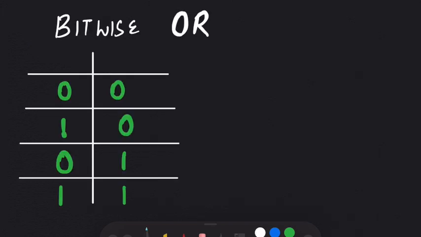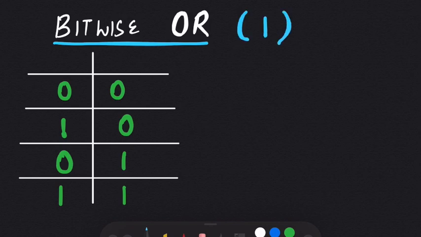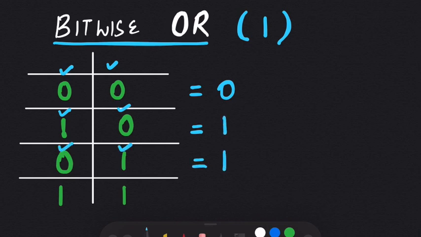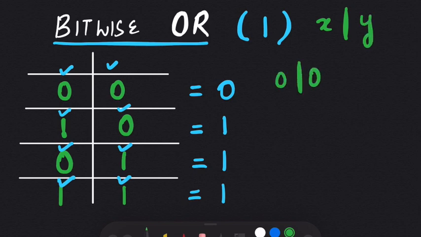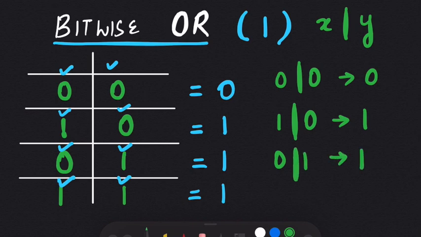And the next thing that you should be aware of is bitwise OR operation, which is this symbol. So OR means, when given the option between 0 or 0, it will return 0, 1 or 0, it will return 1, 0 or 1, it will return 1, 1 or 1, it will return 1. So let's say you have two binary numbers, x or y. When we have the option between 0 or 0, it will give us 0, 1 or 0, it will give us 1, 0 or 1, it will give us 1, 1 or 1, it will give us 1.